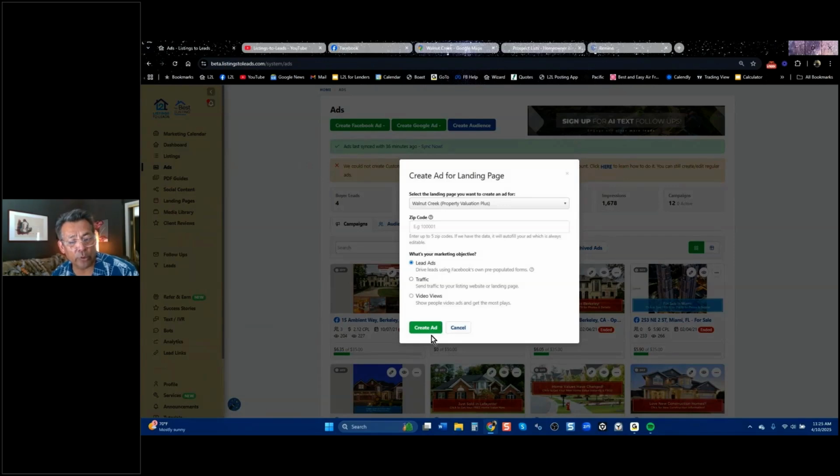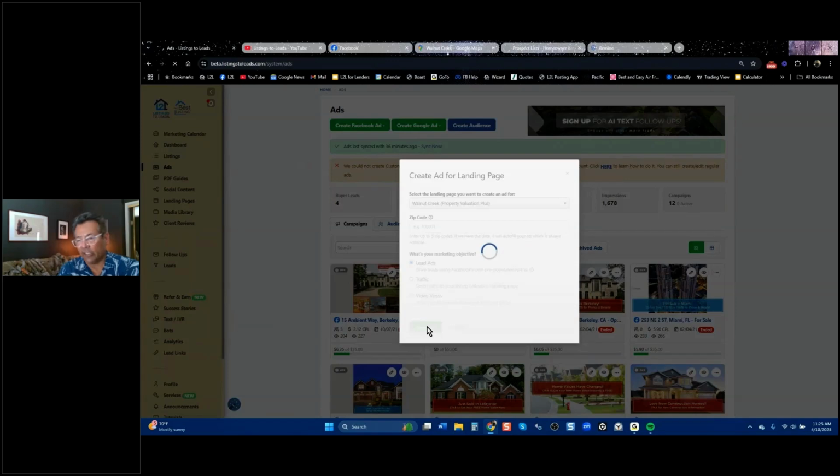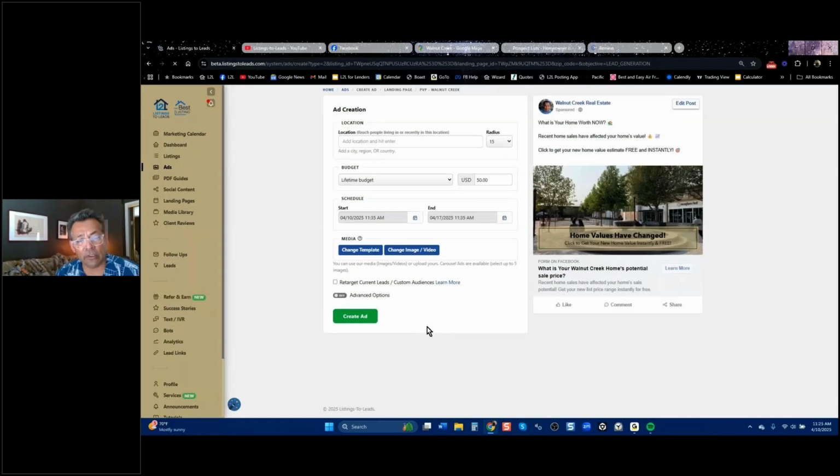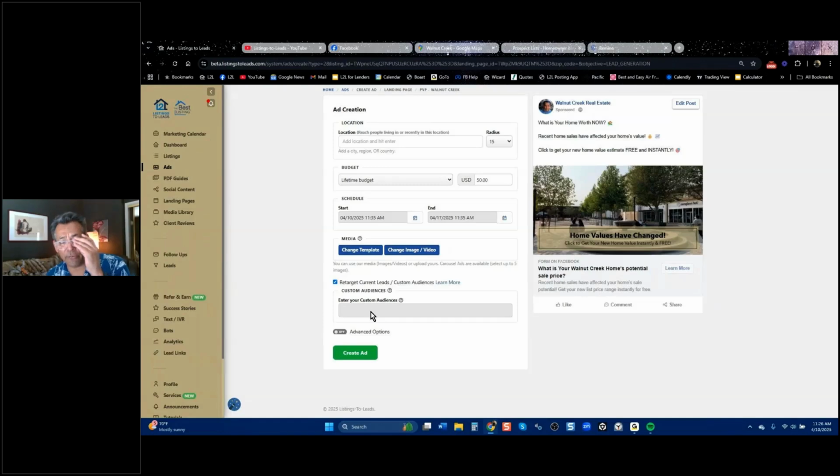So I'll show you where you would do that. We'll do the same kind of ad. It's really only critical for this kind of ad, which is a home valuation page designed for a particular town, right? And instead of typing in an area like Walnut Creek, you can hit right here and connect your custom audience. So let's say it said Walnut Creek homeowners. You just type it in there. It's going to show up like a blue box. And that tells Facebook, hit the people on that list.